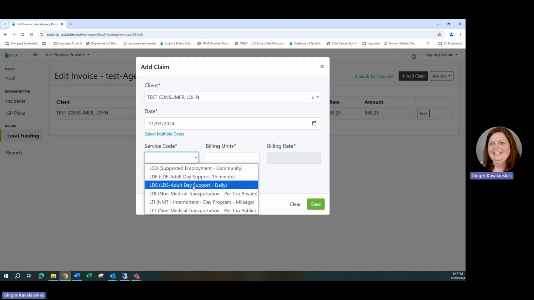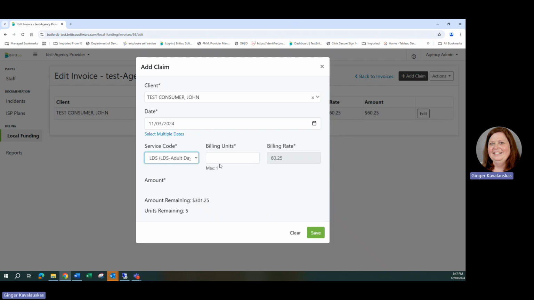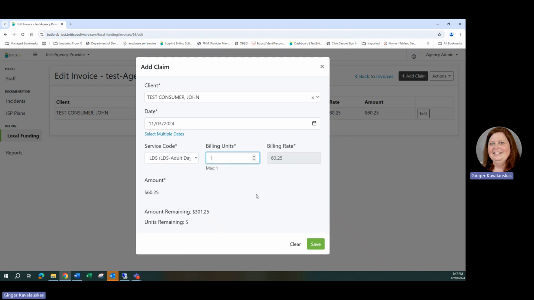And if you're providing adult day supports or vocational habilitation, group employment, we are authorizing the daily rate and the 15-minute unit rate, so you can bill the daily rate if the number of units you provided in that day meets that definition. You would enter 1